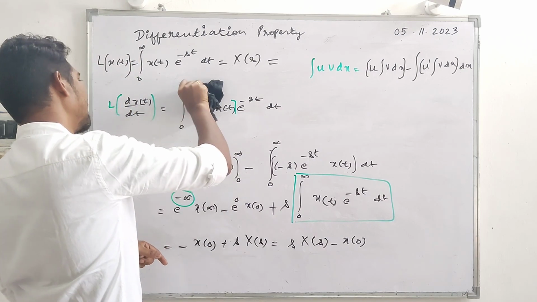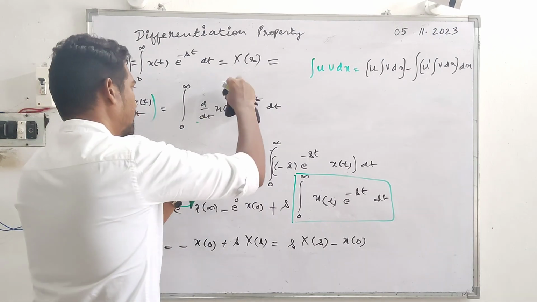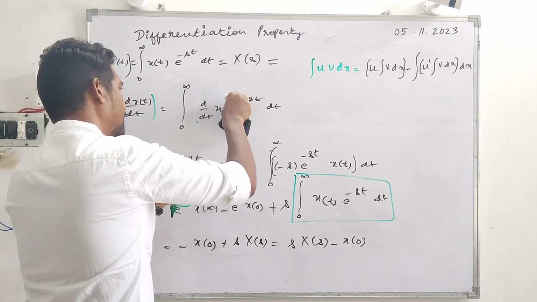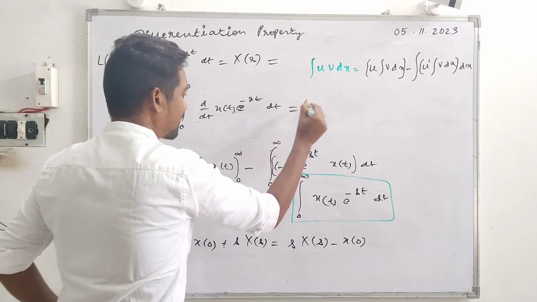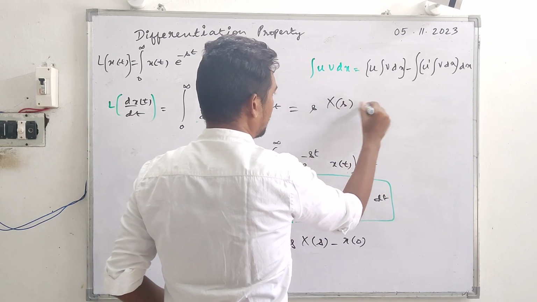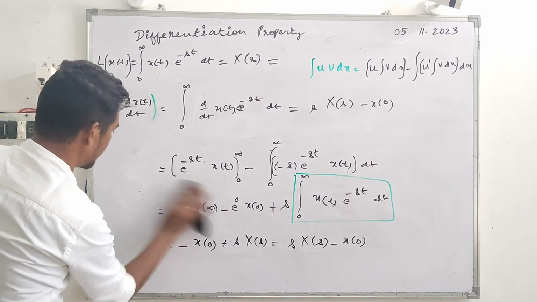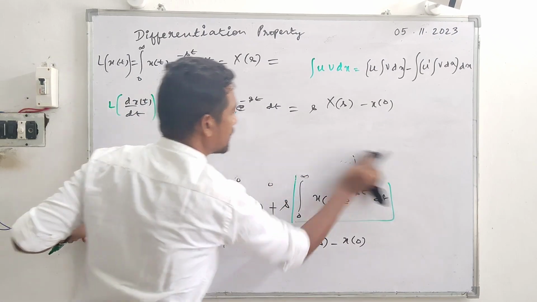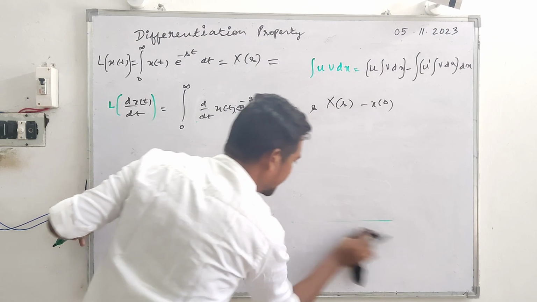What was that result? We started with the Laplace transform for d by dt of x of t, and this is the procedure: the procedure to carry out the Laplace transform, to evaluate the Laplace transform of the given function, and the result was s into x of s minus x of 0. All right, so making use of this result to evaluate something else,